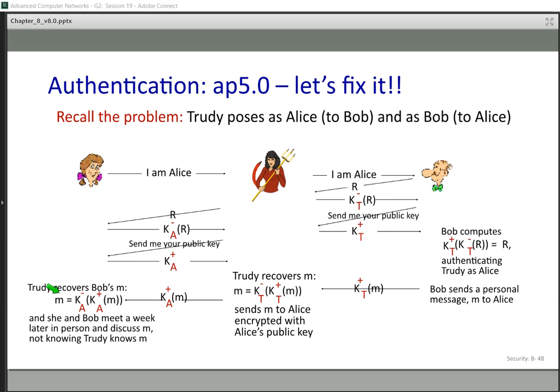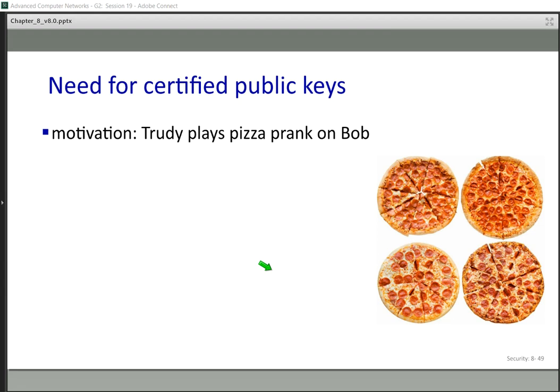How? Trudy recovers the real message of Bob. So simply, Trudy can encrypt the message with the public key of Alice and send it to Alice. And Alice recovers the message. So there is no doubt that Alice and Bob are talking with each other. But in reality, we know that Trudy is sitting here between Alice and Bob, and he knows everything.